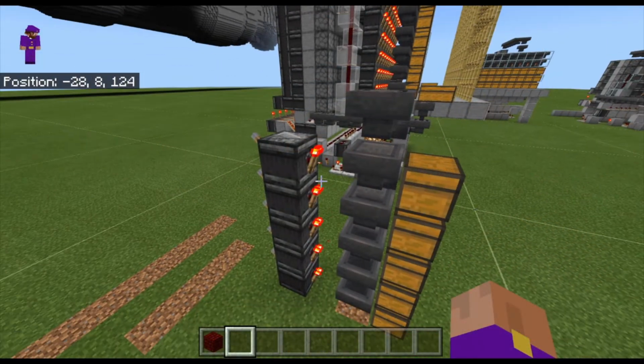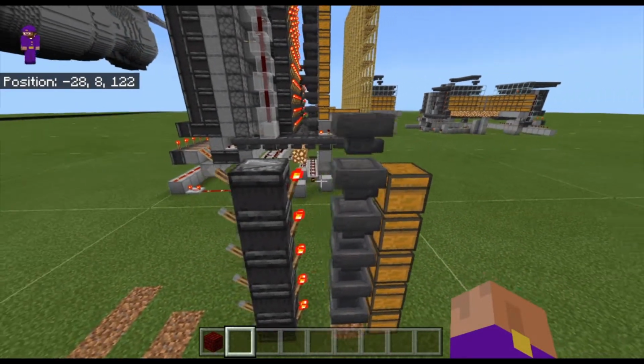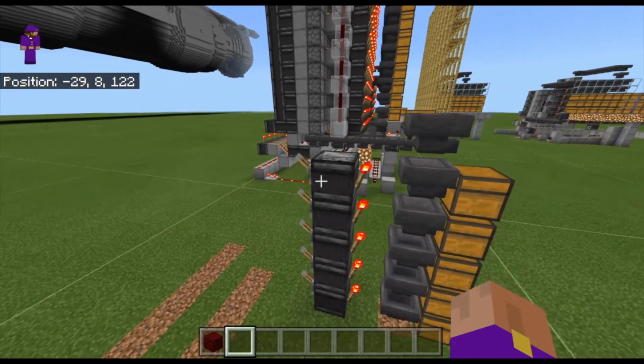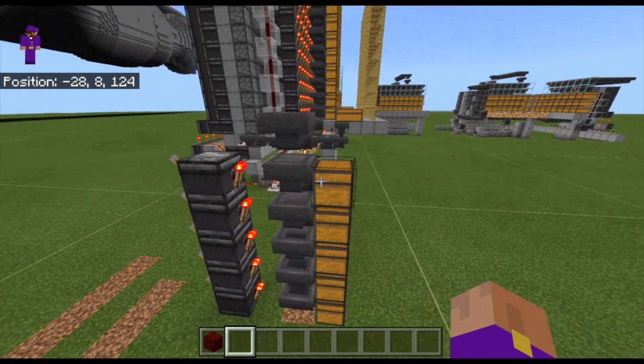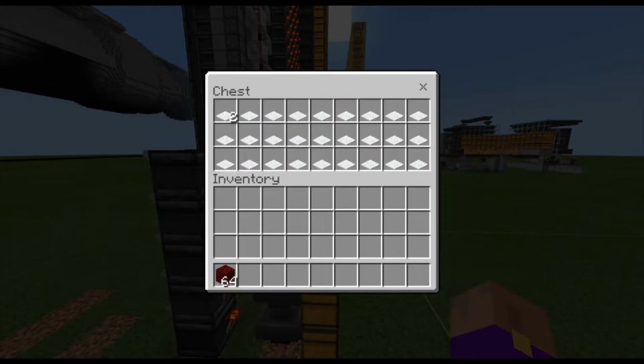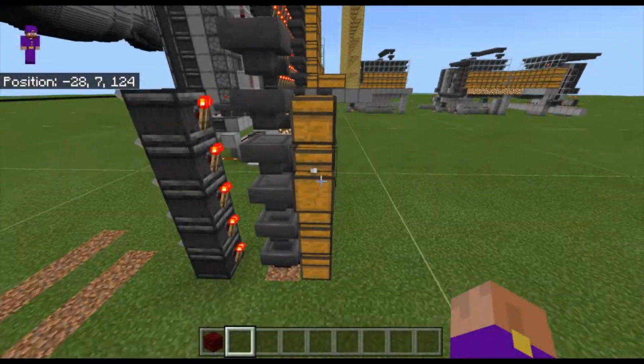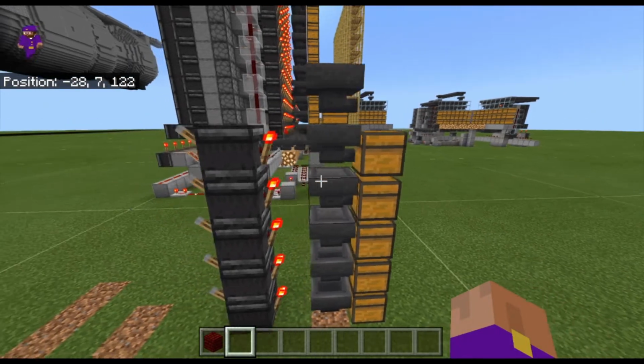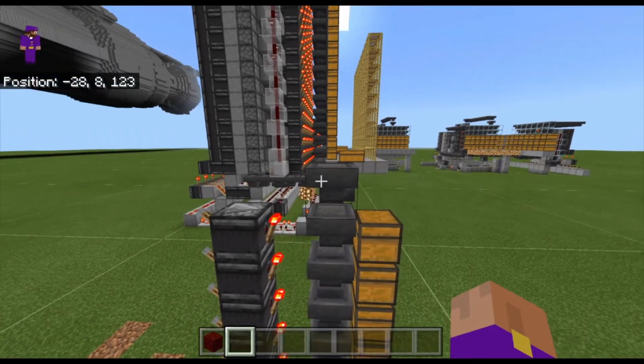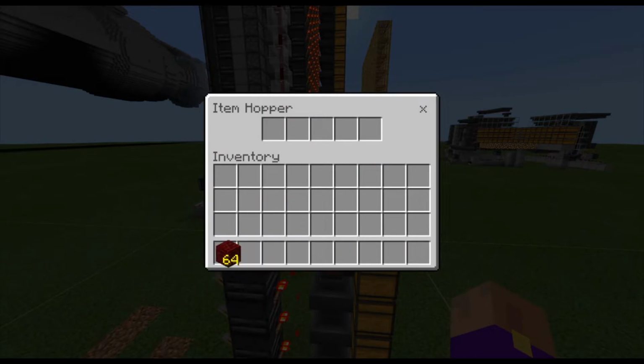So here's where we start out. This is the most basic setup for this sorter. It's just an observer powering a redstone torch. If we look through here, we have chests that have all of the items that we'd want sorted. They could have a mix of items in there. It doesn't really matter. We're going to go through how this works. So to start with, if you put one item in here,